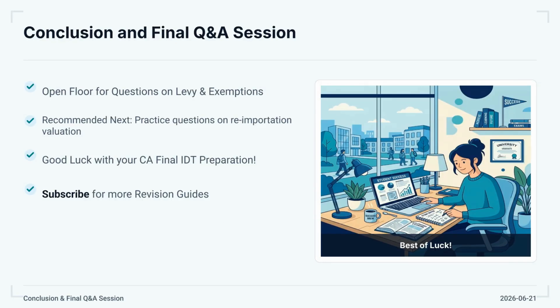As we conclude this chapter, remember that customs duty questions often appear complex because they involve timing, movement of goods, and multiple legal provisions. The key is to identify the taxable event first, then examine whether any exemption or concession applies. Focus particularly on Section 12, the judicial principles governing imports and exports, and the re-importation rules under Notification 45/2017. If you master these concepts and understand the logic behind them, customs levy questions become highly scoring and predictable. Keep revising the conditions, time limits, and landmark judgments, and you'll be well prepared for both theory and practical questions in the CA final examination.